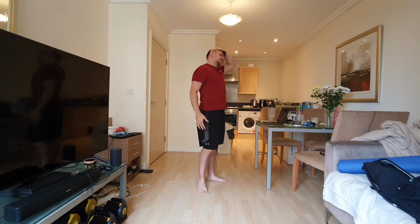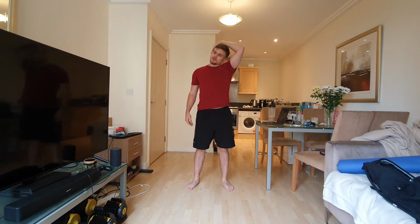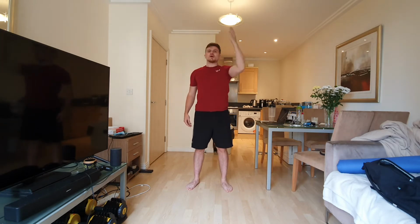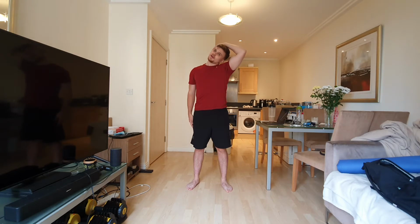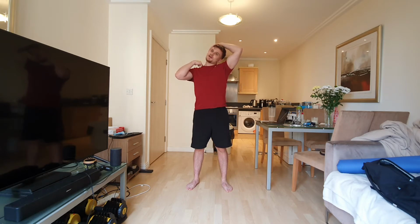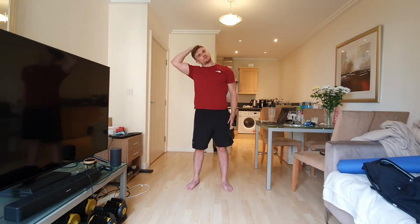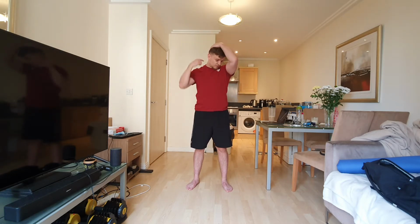When I do my neck, I hold one side of my neck with my opposite hand, and I pull in that direction. So I'll get my left hand, put it on the right side of my head, and pull my head to the left. Just feeling a stretch down my trap and the muscles on the back of my neck that go into my shoulder. So my levator scapulae and my trapezius, I'll be stretching those when I do this. I'll do 30 seconds on one side. I'm just doing it a bit shorter here, so you're not just watching me do the full stretch. I'll do 30 seconds on this side, and then I'll actually do a direct stretch for my levator